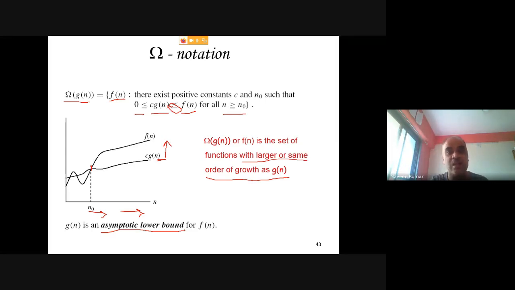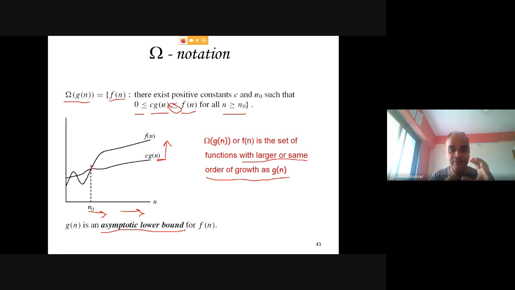So if you see it carefully, this gives actually a bigger bound, because on the upper side it goes till infinity. The range is till infinity, right? On the lower side it is bounded by function gn, but on the upper side there is no bound. So this bound is much bigger compared to big O notation, because in big O notation the lower bound is already set as 0. The actual time function should always be in between 0 and gn in big O notation.